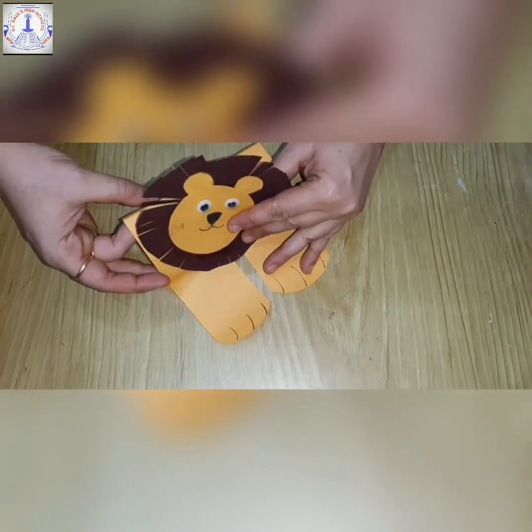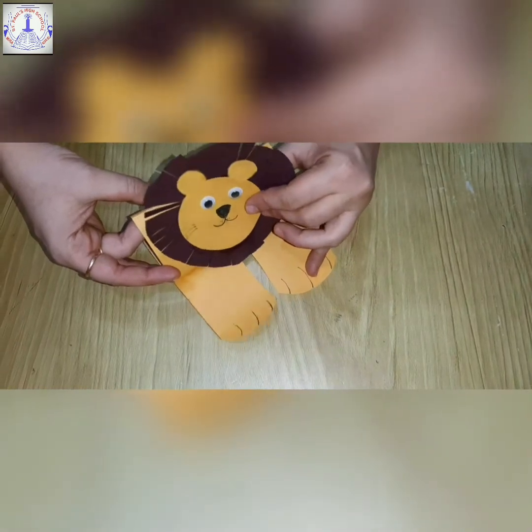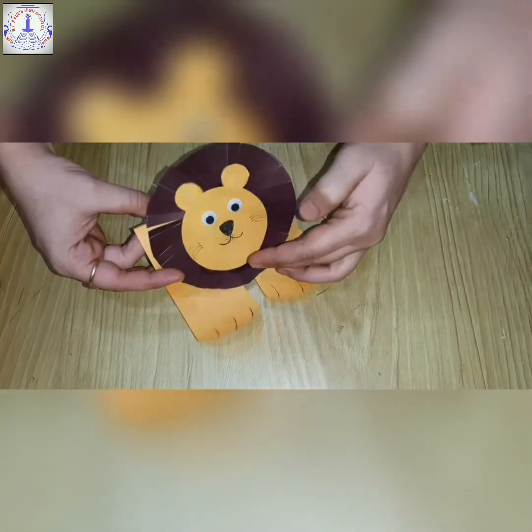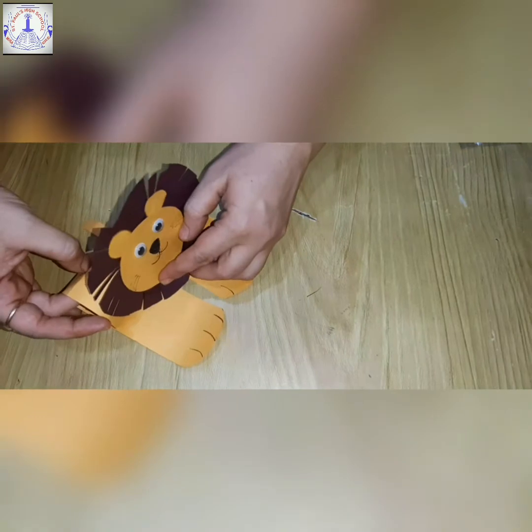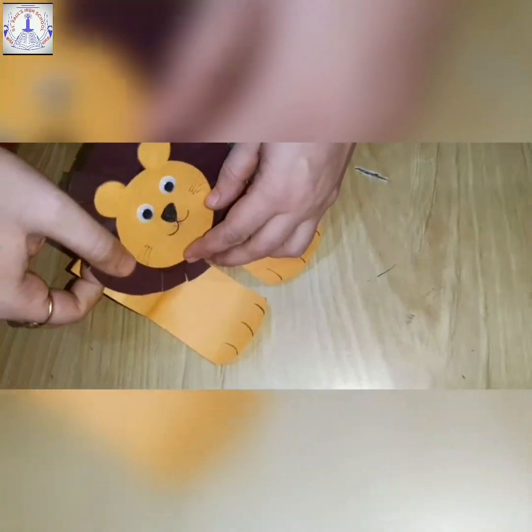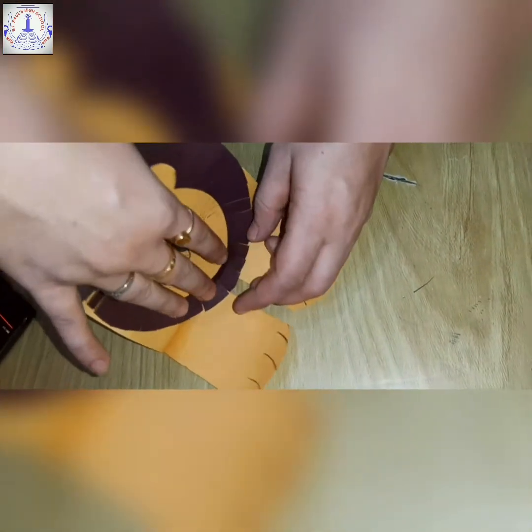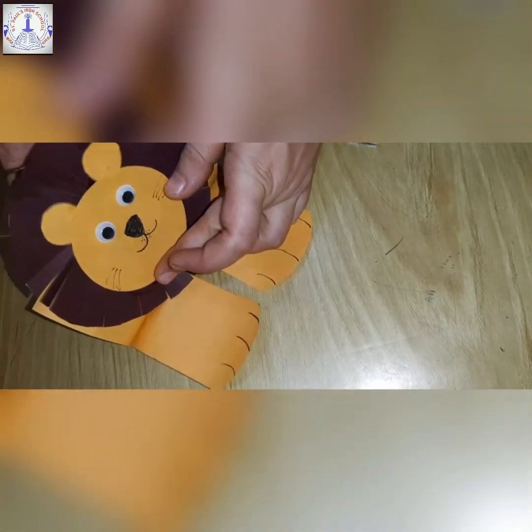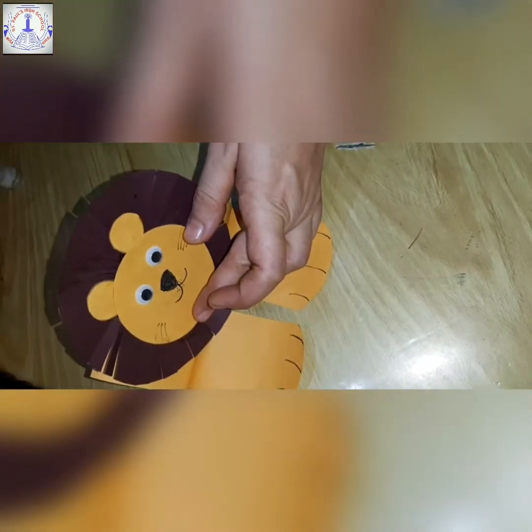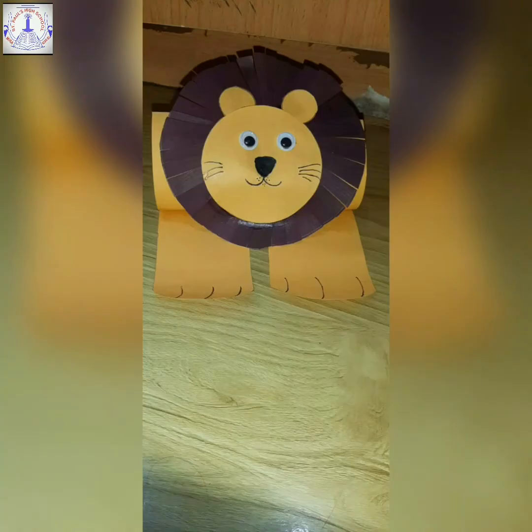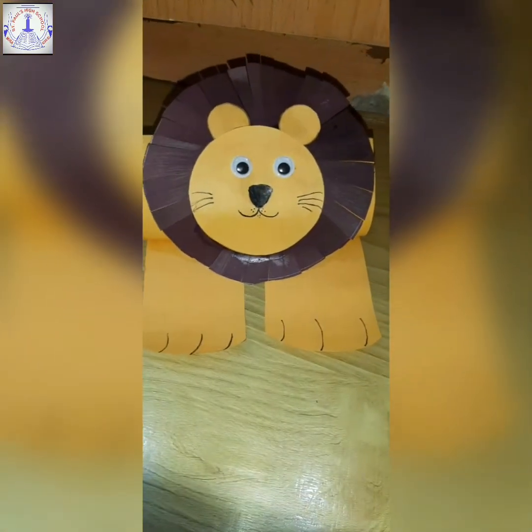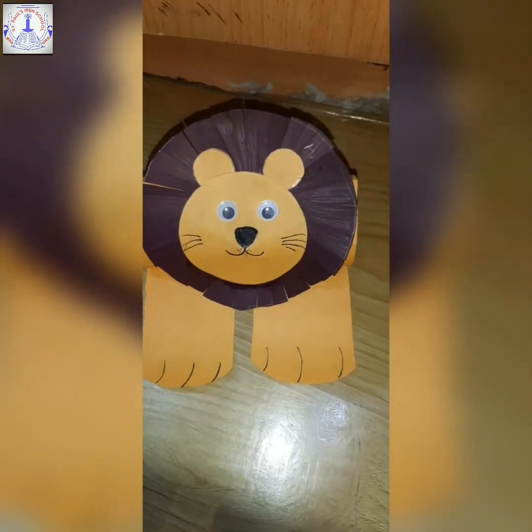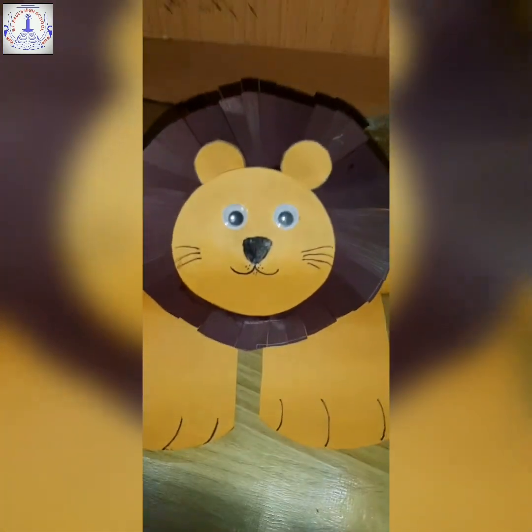Hold it and press it nicely. Give it 5 to 10 seconds to stick. This way we are going to stick the face to the body part. Allow it to rest. Now here we have got our cutie lion.